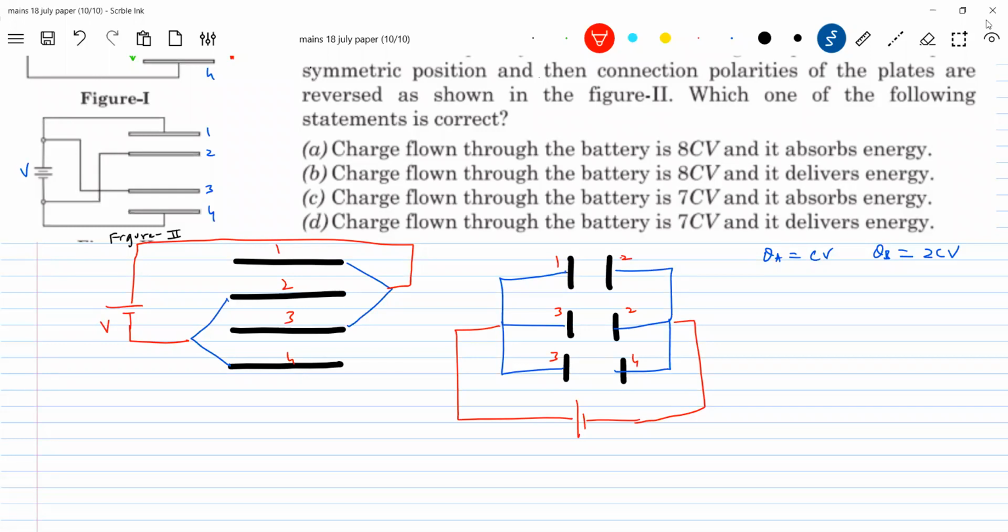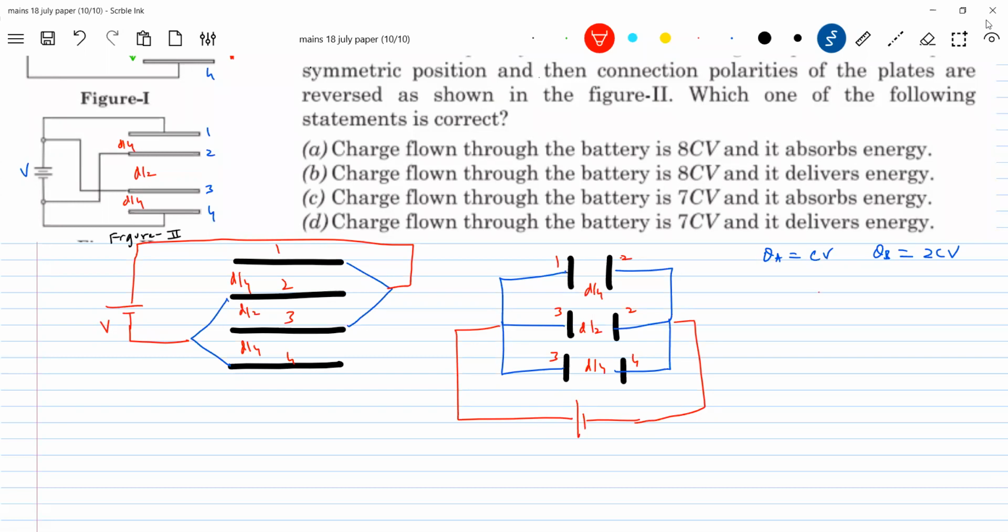Now bring this distance. These distances matter a lot. What about the distances here, no? So how much have they become? This is d by 4, d by 2, d by 4. The same thing we are drawing here. This will be d by 4, d by 2, d by 4.